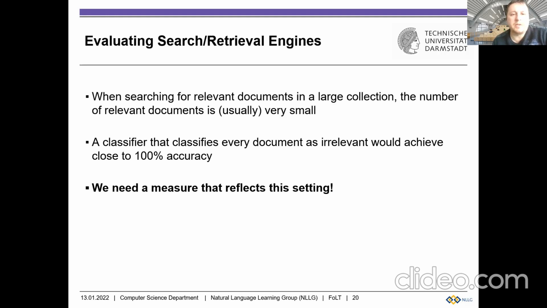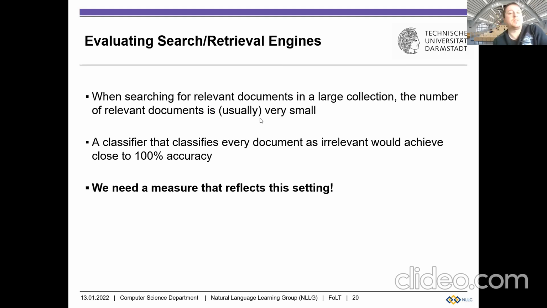So typically when you're in a case of a search engine like Google, what you type in is a couple of query words and you get a couple of results. Basically, what Google is doing, it's searching for relevant documents, in this case relevant web pages, in a large collection of web pages. And the number of relevant documents is usually very small.